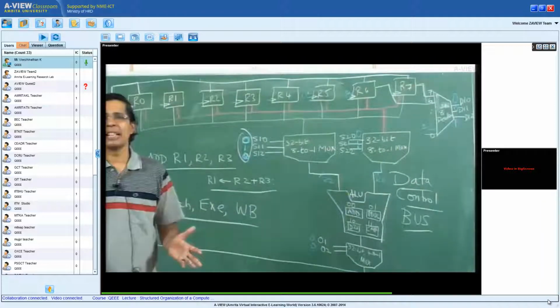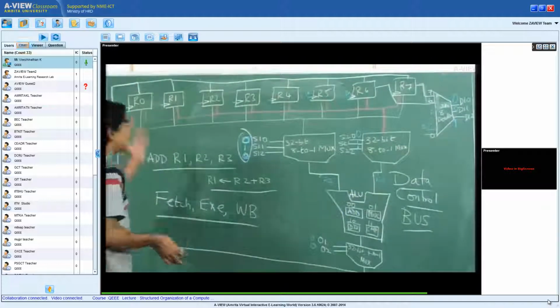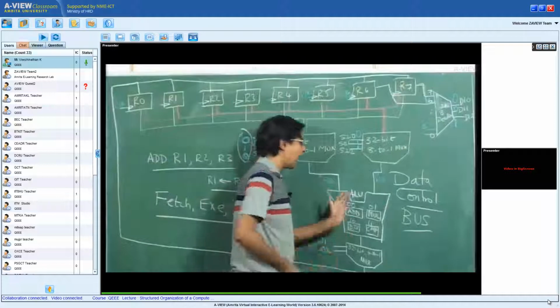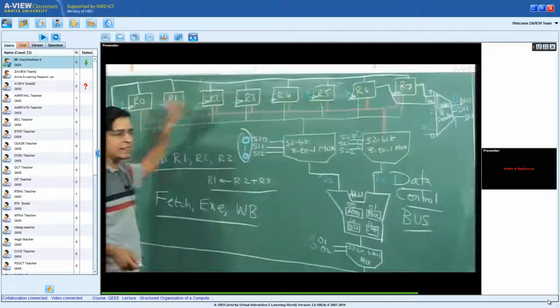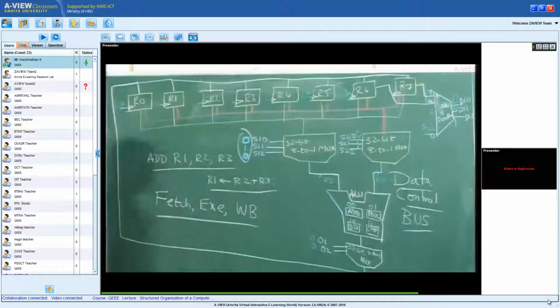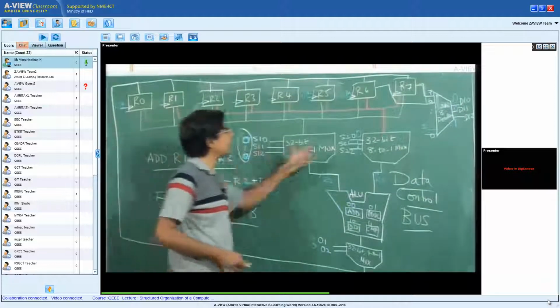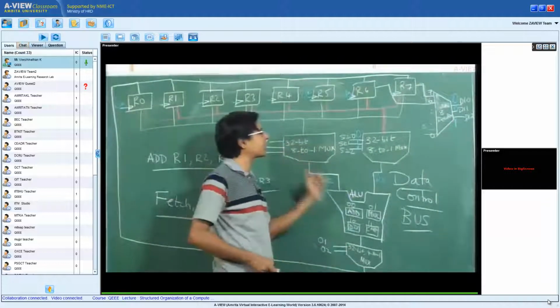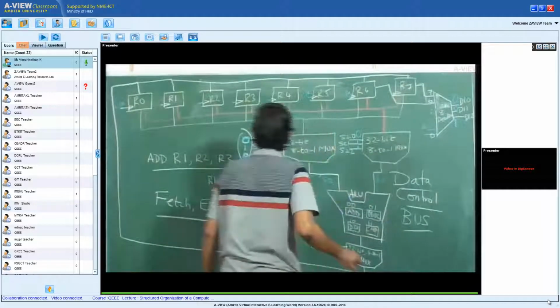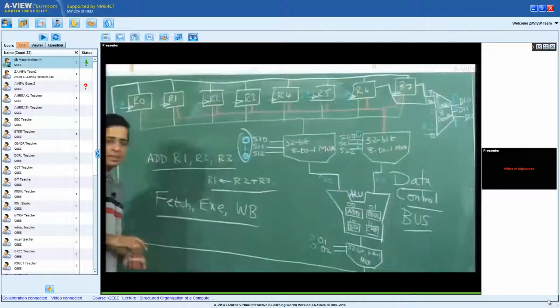Data path is nothing but the bus on which the data travels from the registers to the ALU and from the ALU output back into the destination register. Now the control path is nothing but all these bits which are the select bits of these multiplexers and the decoder. So the moment I see add R1, R2, R3,